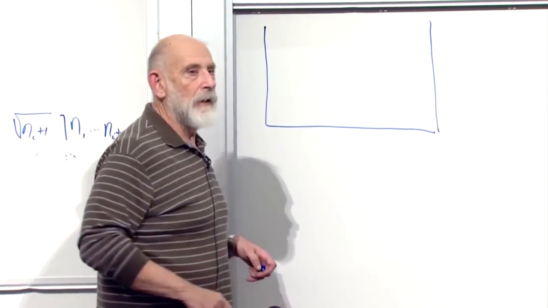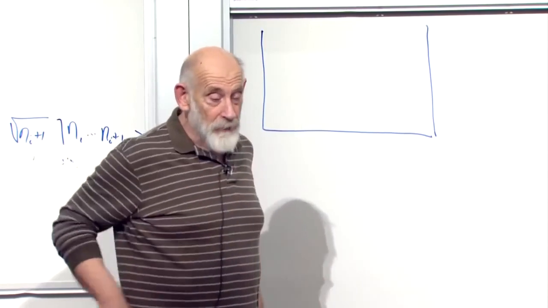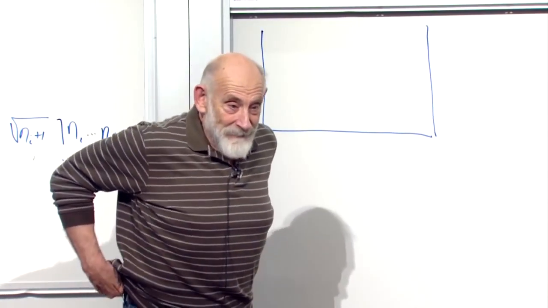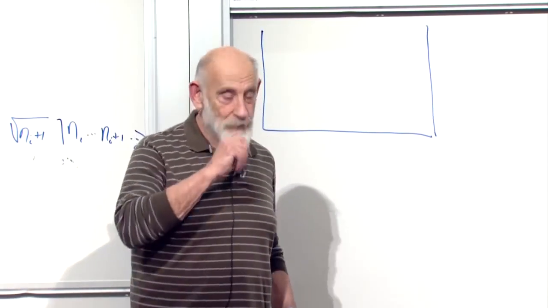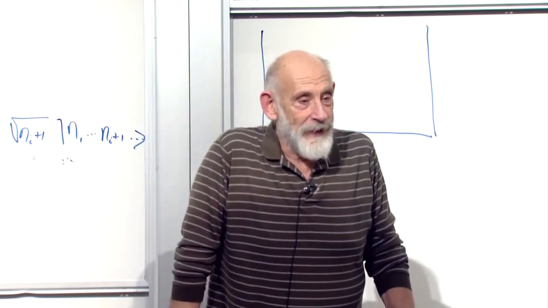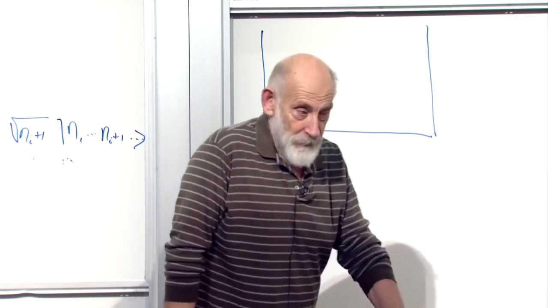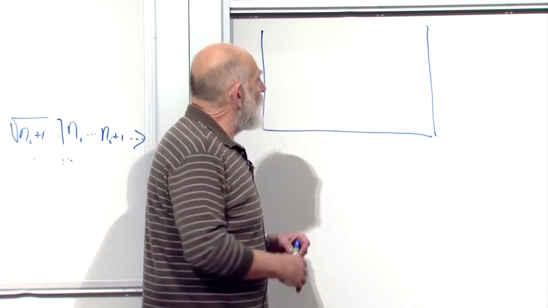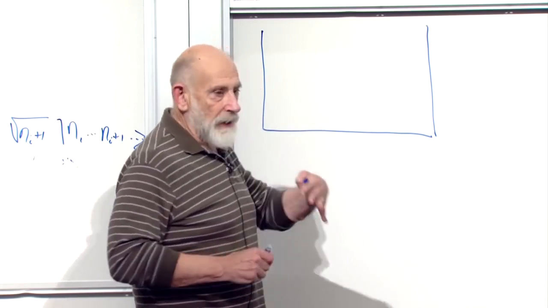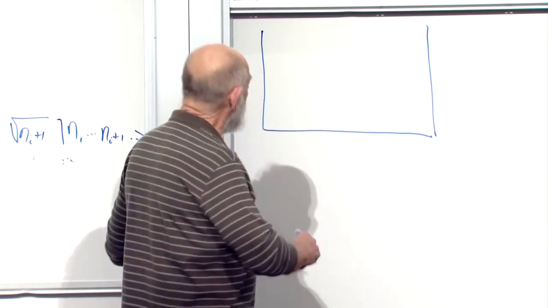This is a boson in a box? A boson, for the moment, it doesn't matter. If there's only one of them, it doesn't matter. If there's one of them, there's no question of whether there's an exclusion principle or not. Right? So one of them doesn't matter. Let's think about the energy eigenstates of a particle in a box.